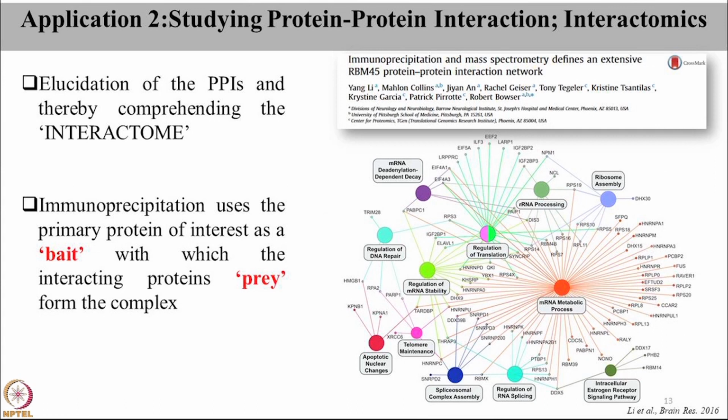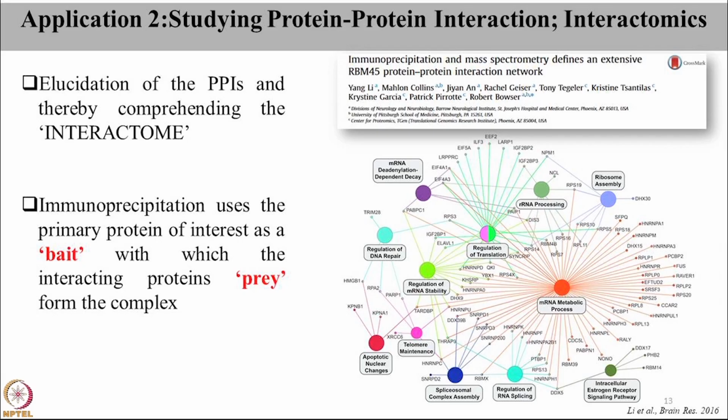The second application is studying protein-protein interaction, or the typical interactomics. For any physiological process that you're studying, be it in plants, humans, cancer, or infectious disease, you often find that your list of targets does not involve just one protein. You always have something else along with it, maybe a transcription factor, maybe another family of proteins. So it's never in isolation. This is exactly what we can achieve by doing an interactomic study. We get to see the PPIs, or protein-protein interactors, and in this way we can map the whole interactome using IP-MS.